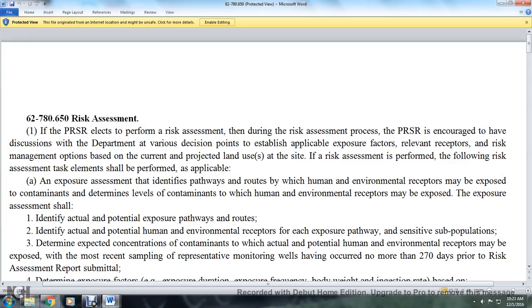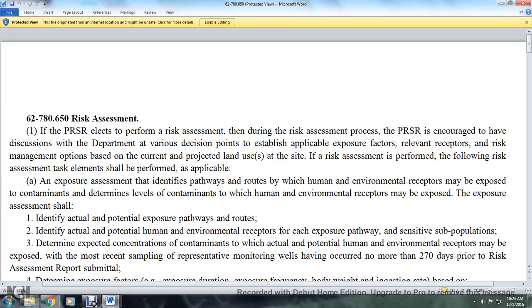Alright, 62-780.650, Risk assessment. If the person responsible for site rehabilitation elects to perform a risk assessment during the risk assessment process, the person responsible for the site rehabilitation is encouraged to have direct discussion with the department regarding various decisions to establish the applicable exposure of relevant receptors, risk management options based on a current projection of land use at the site of the risk assessment performed with the following risk assessment task elements which will be